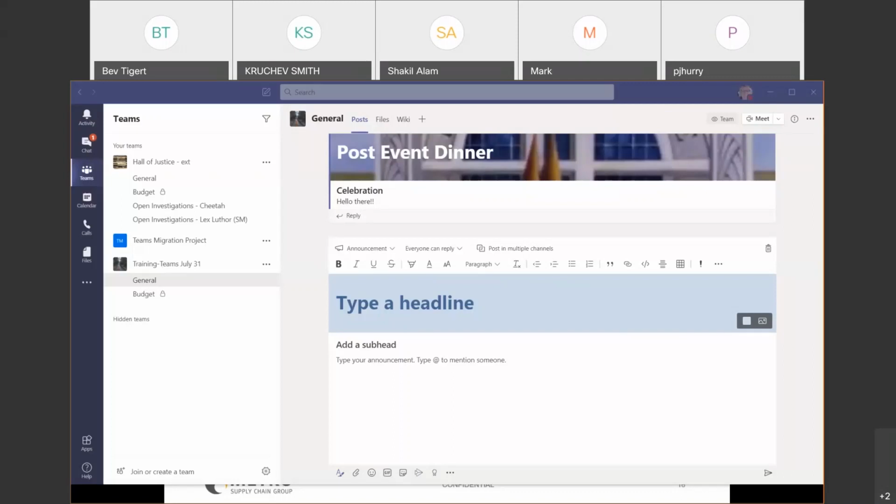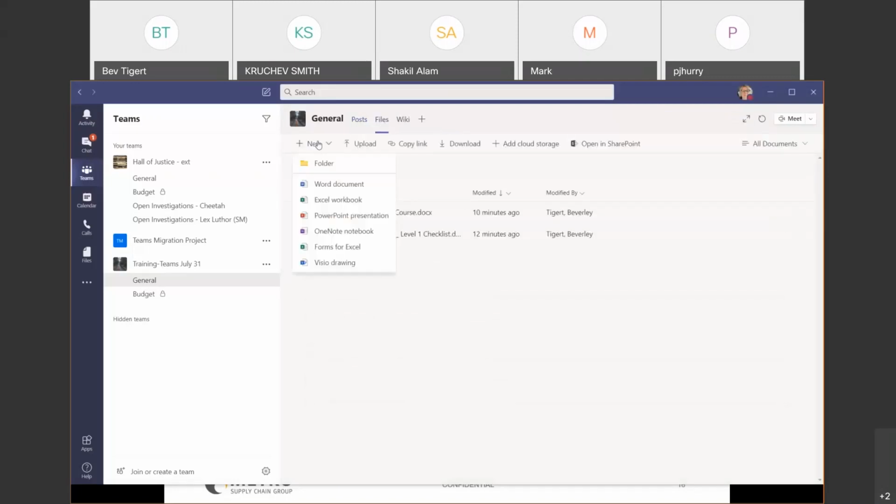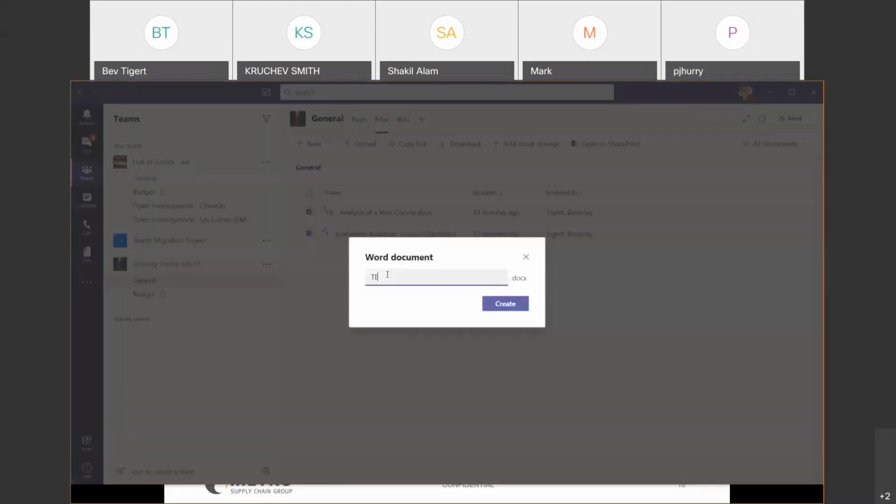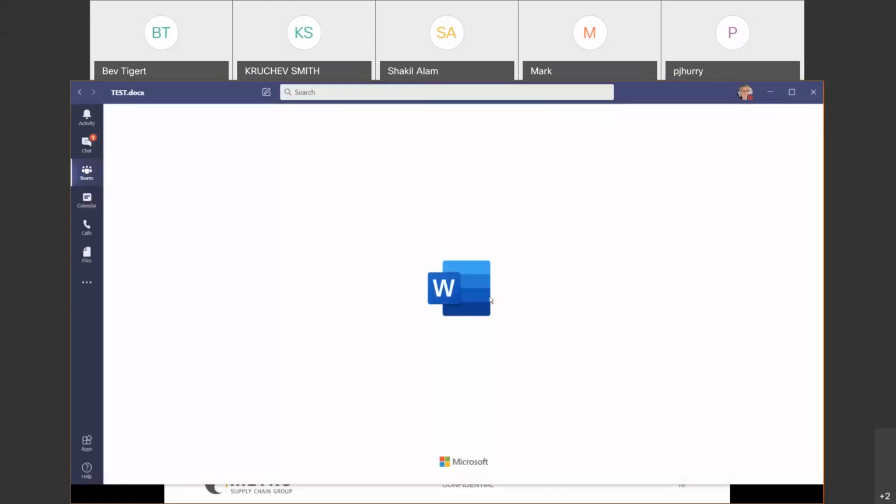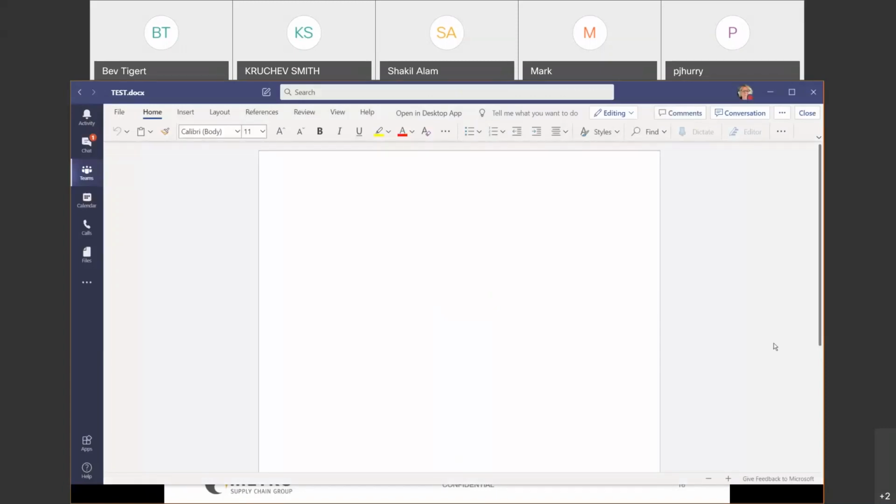So what I didn't show you in that new part, if I go into my files and new, I can actually create a new Word document. You would give it a name and create it, and it's like creating a new document. And here it would reside and live in here. I'm going to close the poll in 20 seconds. You can see here, this is Word, but I'm in Teams, and I'm creating a new document. So it's the same thing for PowerPoint, Excel, etc., all of those other wonderful Microsoft tools. So really a great way of doing that.